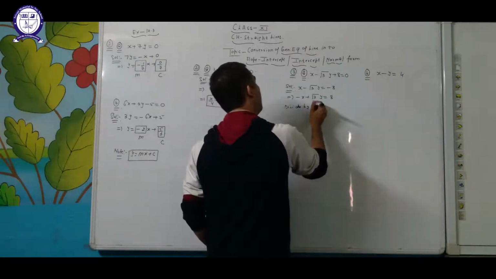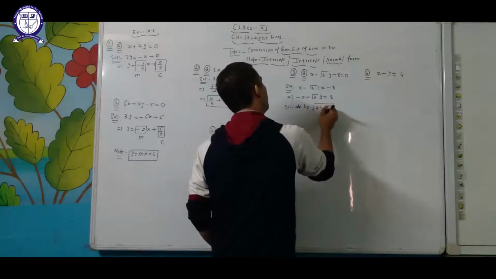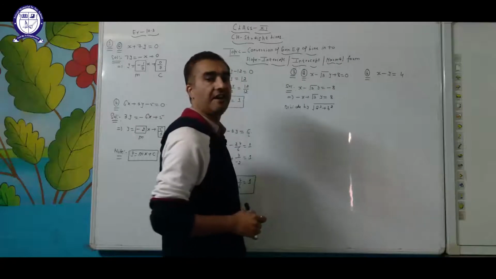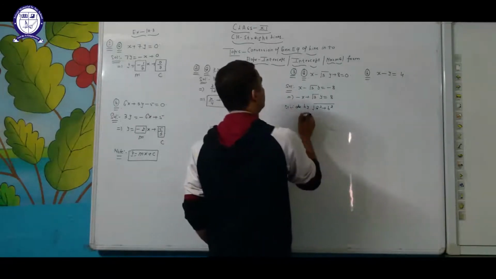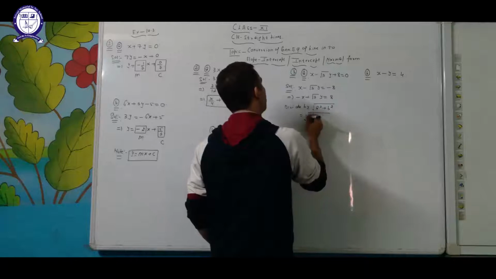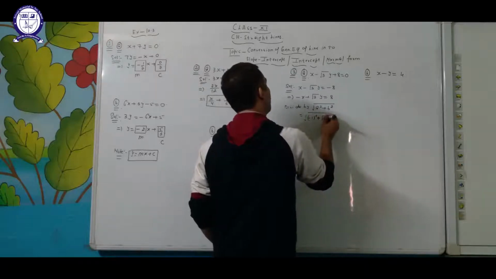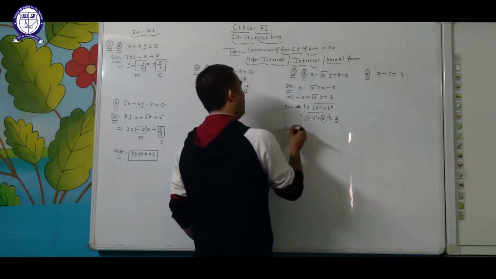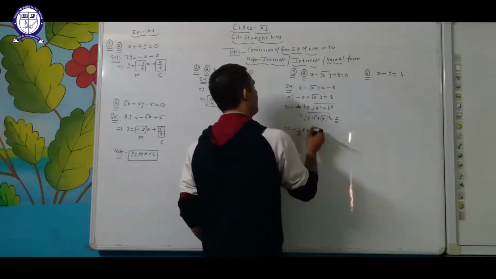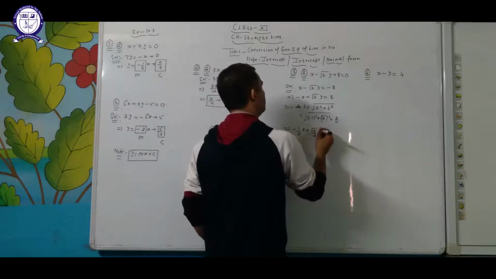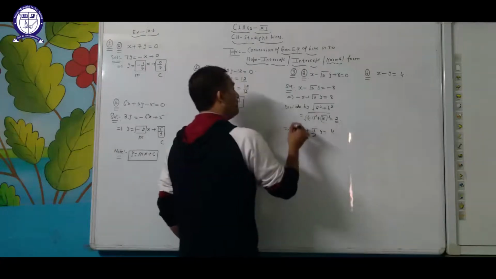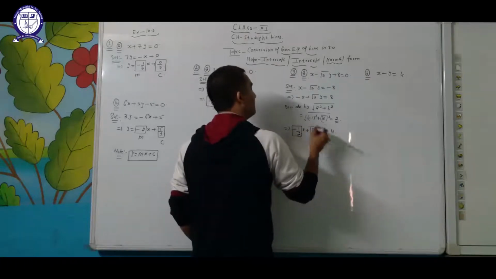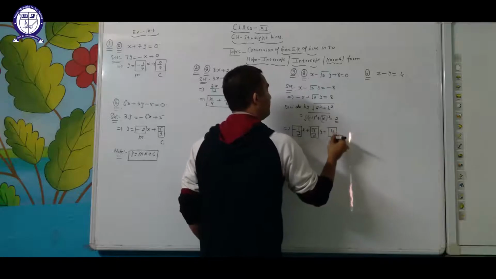Divide the whole equation by under root a square plus b square. A means the coefficient with x and b means the coefficient with y. That is under root of minus 1 square plus 3 square, which is equal to 2. Divide the whole equation by that value. It shows me cos alpha, it shows me sin alpha and it is my p.